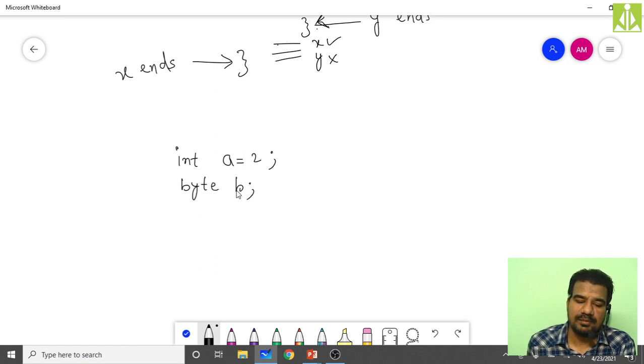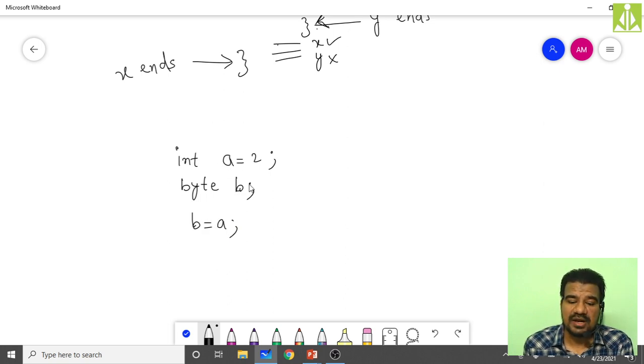Then b is equal to a. Here a is a variable of type integer, b is a variable of type byte. Two different types of variables. Then I am initializing b with a. Whatever content I have inside a, that same content I want inside b.